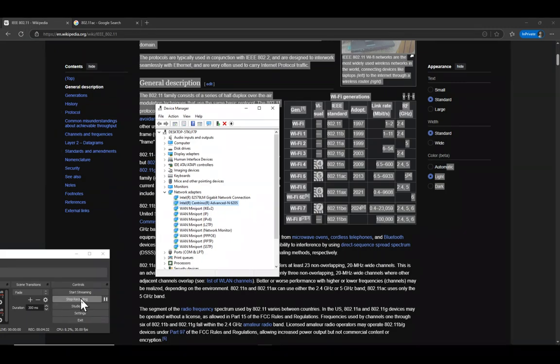I don't know why. It's just a preference for 2.4, which is the weaker one. The internet says that the 5 doesn't reach as far as the 2.4. That may be true, but not by much. However, the 2.4 is really sensitive to everything around your household.